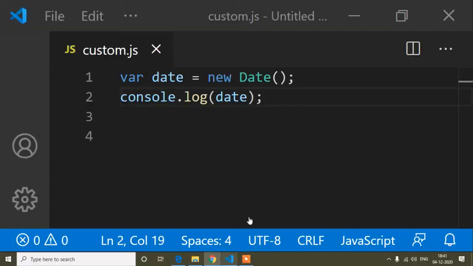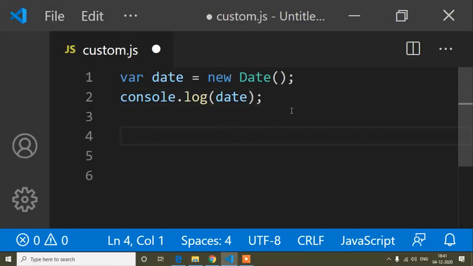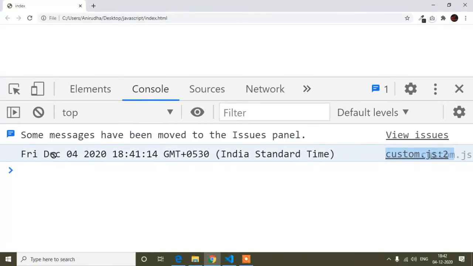Always we see the date like this: date, month and year, so mostly we see the date in this format, or sometimes the year is first, then date, then month, or maybe the month is first, then date, then year. But here you can see we are getting the date only this way. So this is the important part.